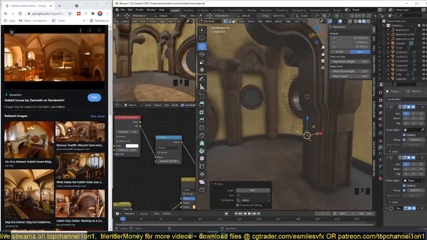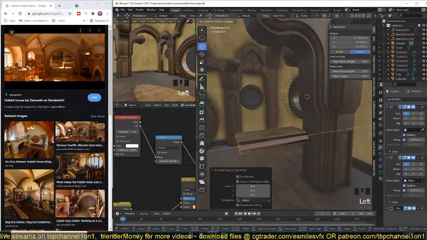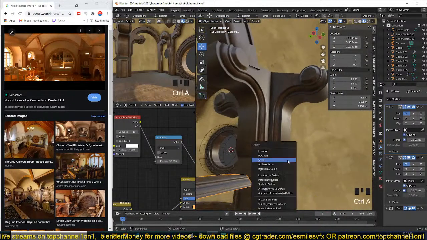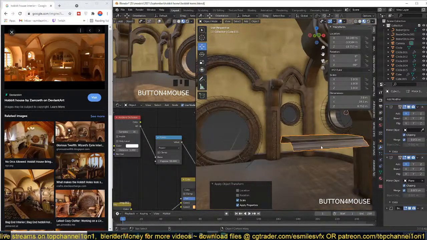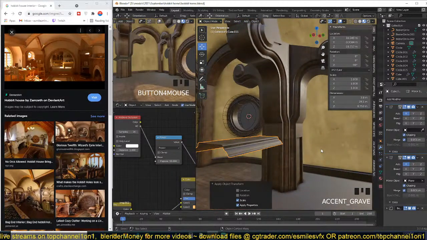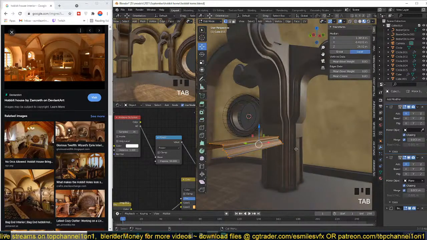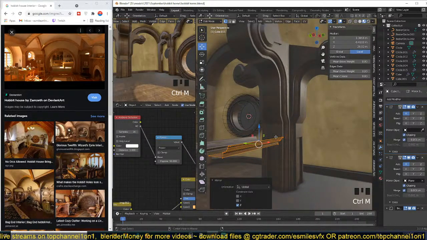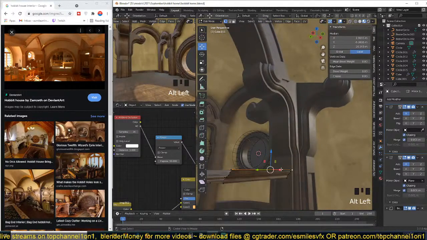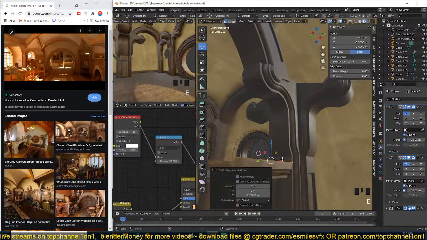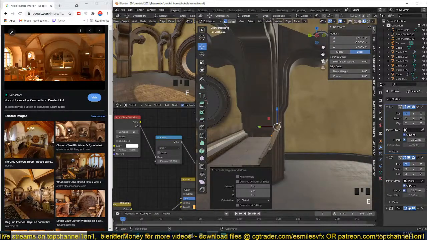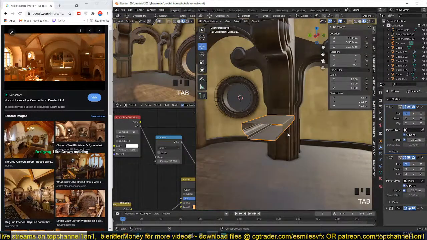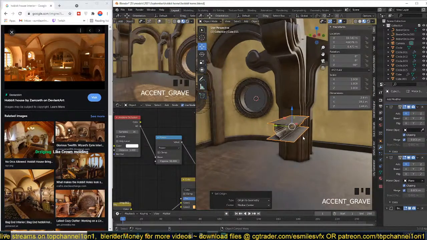Then extrude something like this. Let me Shift N to recalculate normals. Apply the scale. Maybe let me mirror this on the z-axis. Just grab this edge loop, extrude, and then extrude again and have something like that. Origin to 3D cursor, or origin